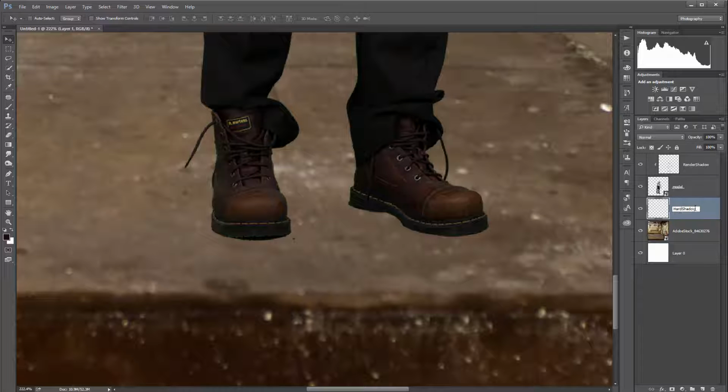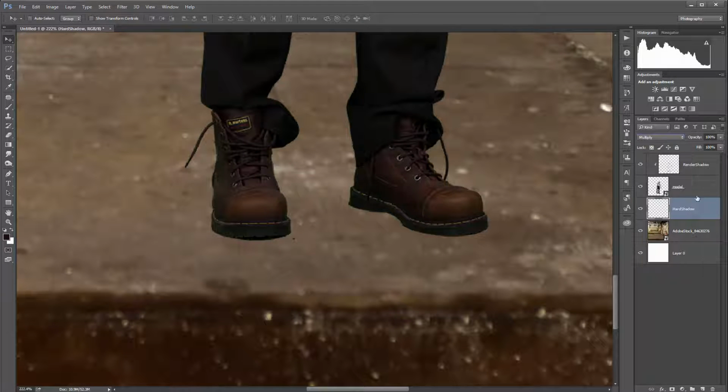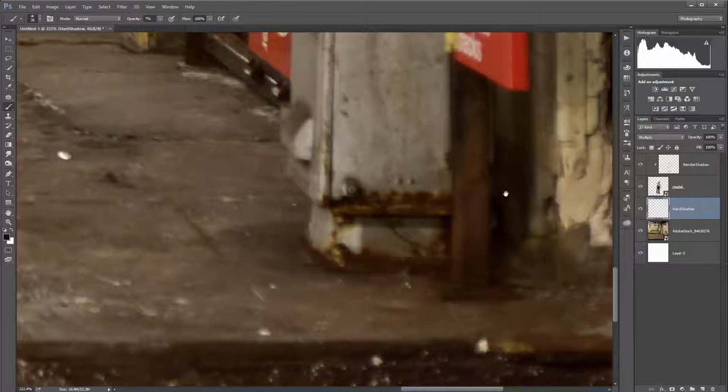Hard shadow. And I will set this to multiply mode. Theoretically, you can put hard and soft shadows on the same layer, but I like to separate them. In this case, it gives me flexibility when I need to adjust them. So for the hard shadows, I'll do the same thing. I'll just select the color